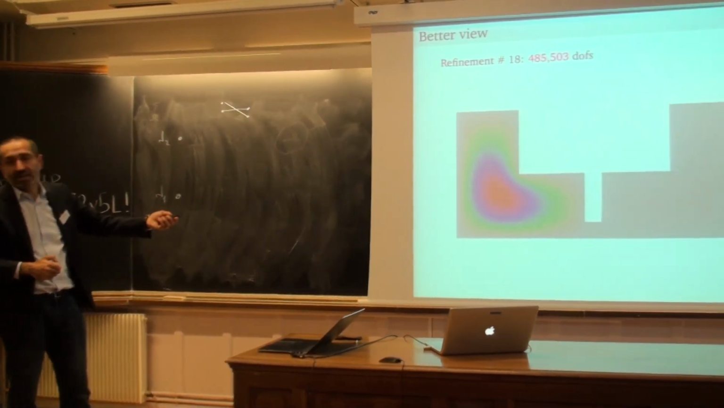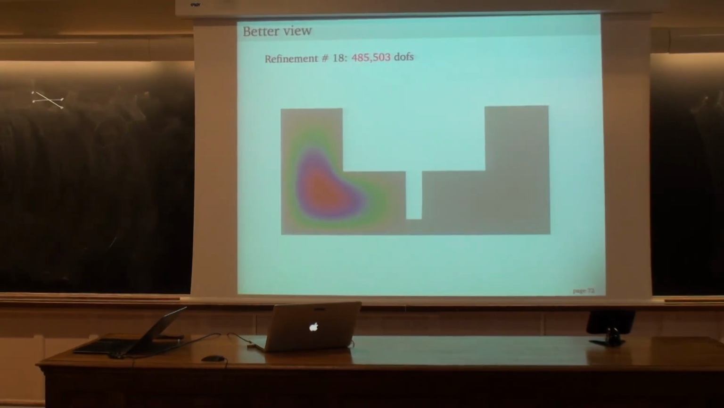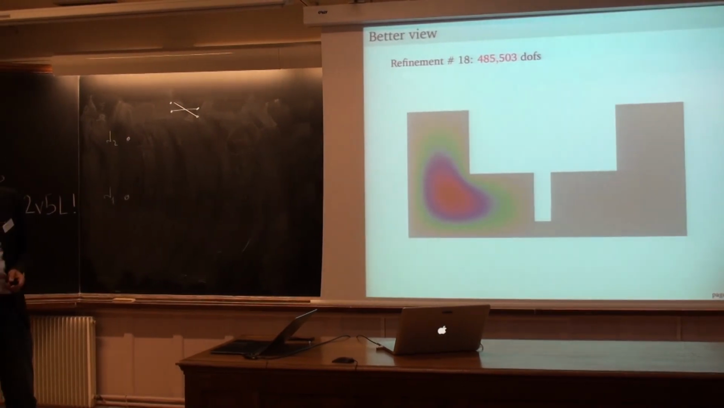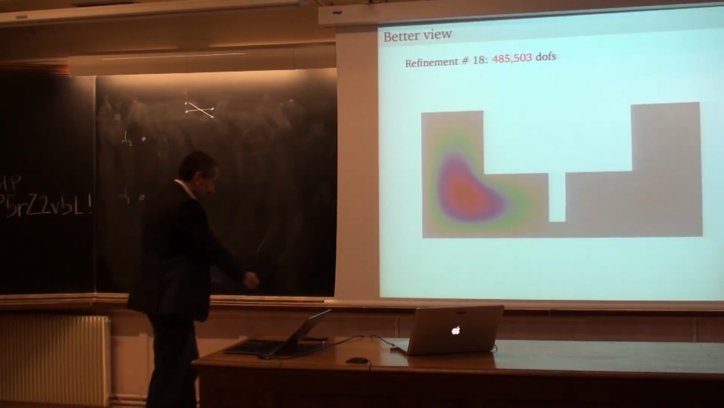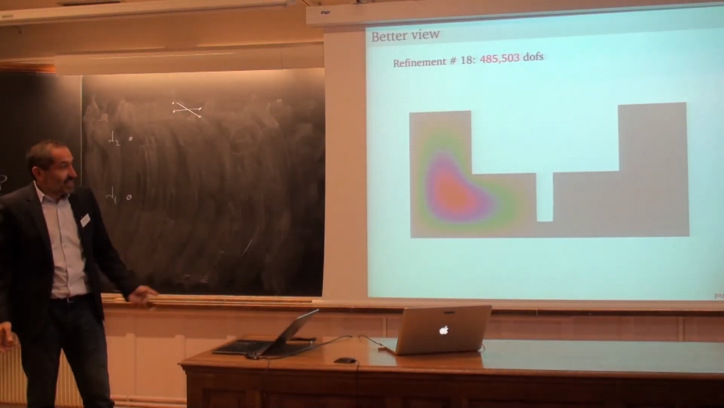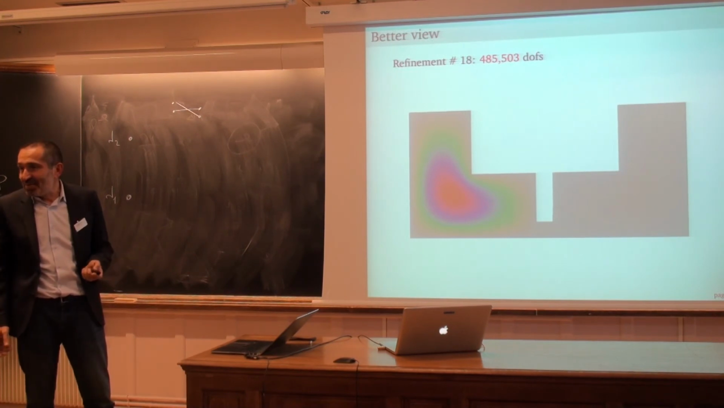The correct answer is this one here. So the second one is on the left. But it took 500,000 degrees of freedom to detect it. You put so much work into getting a good mesh, but in the end you got your mesh refined everywhere, right? Exactly. So this is a little bit disappointing,